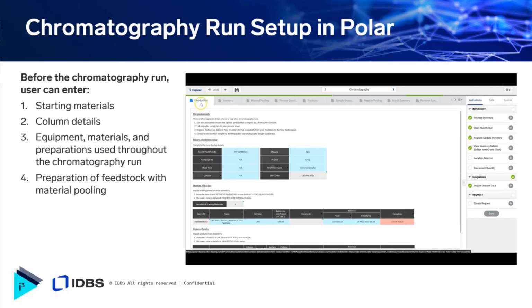So, like I just said, we're going to start with some chromatography run setup. Before I press play on this demo, what you are going to see is the user enter some starting materials for the run, some column details from inventory, optionally equipment, materials, and preparations that they may use. All of this may look familiar to what Sylvia and Matt presented earlier, and then preparation of the feedstock with